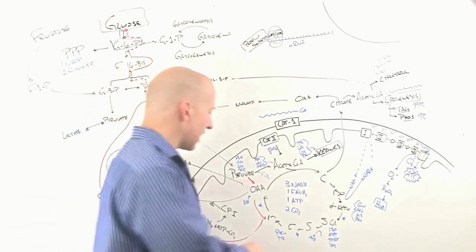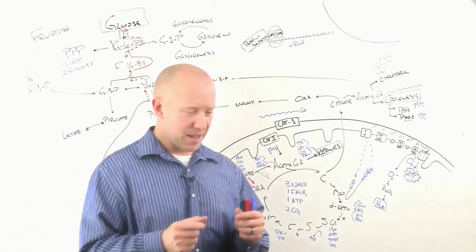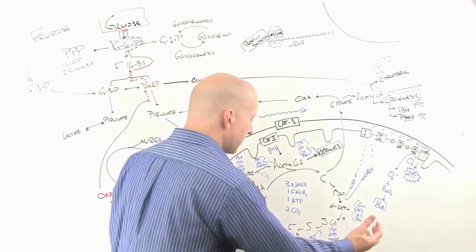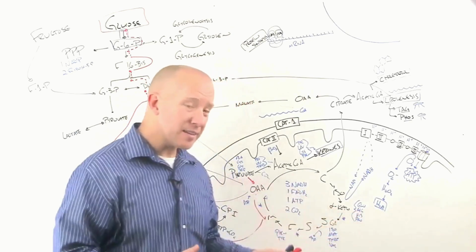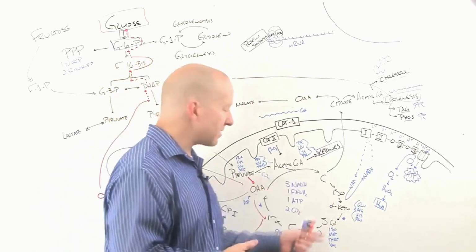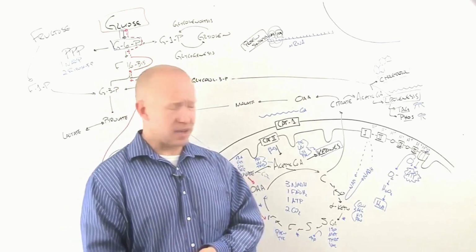The citric acid cycle, when we talk about this, you'll see is actually not a cycle, but more of a traffic circle. And the reason why is because there's a lot of things that can enter and exit at many different points in this particular cycle. You've heard of the citric acid cycle as the Krebs cycle, maybe the tricarboxylic acid cycle,